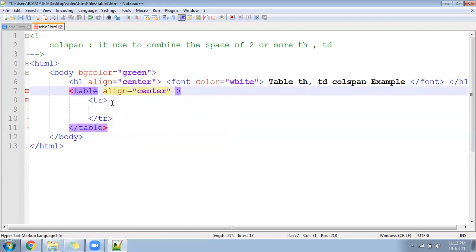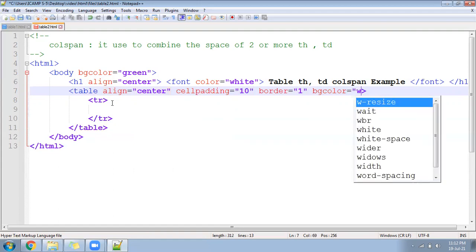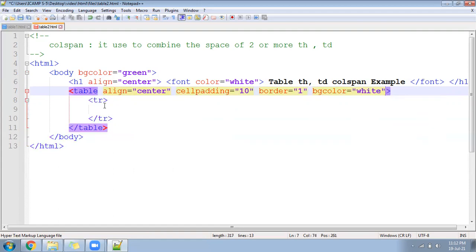Then another property called cell padding so that inside the cells, inside the TD, space will get applied. After that, I'll give the border also, 1. And then I'll give some BG color also, white, because the background is green color. So hope till here you are clear.